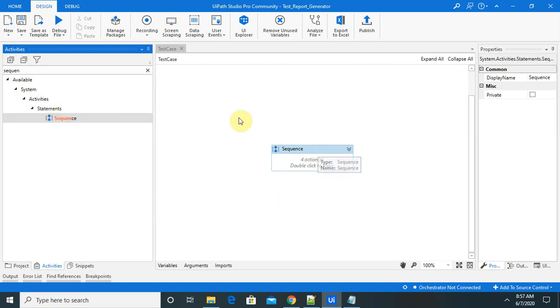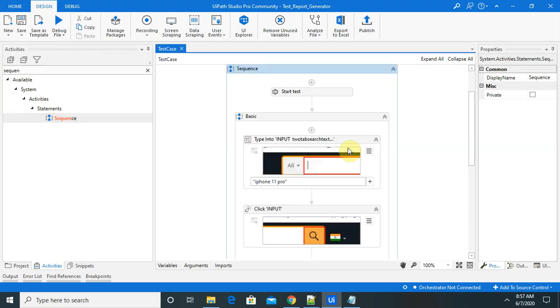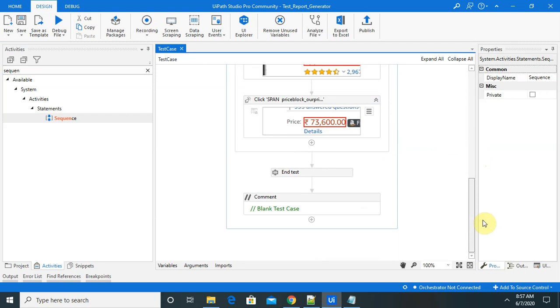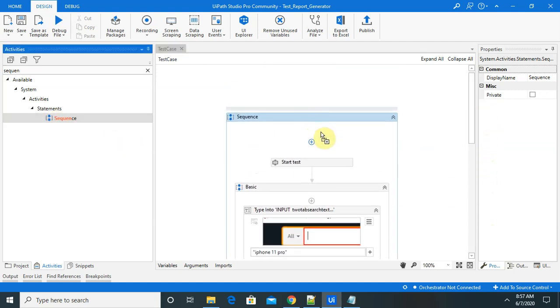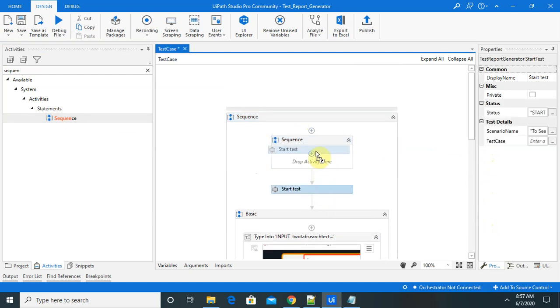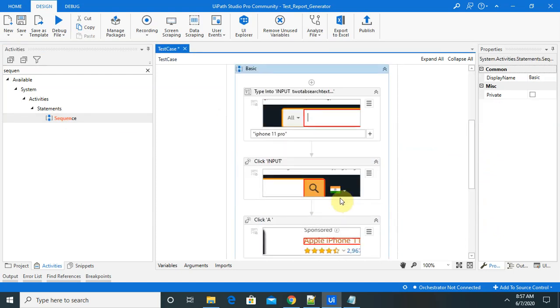We need to have one more sequence here, because we have added here one activity which contains the complete flow. Let me change the complete flow,